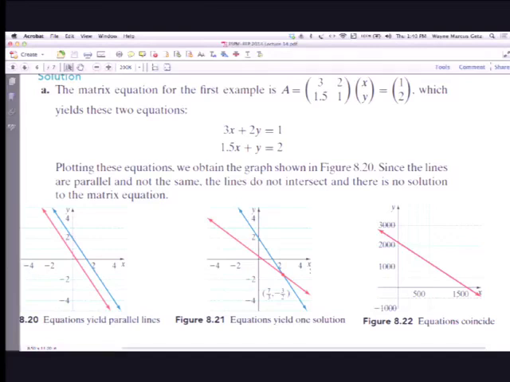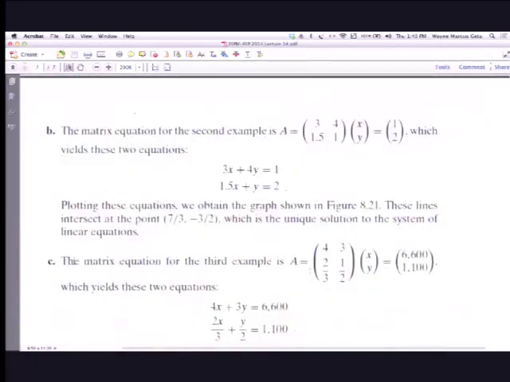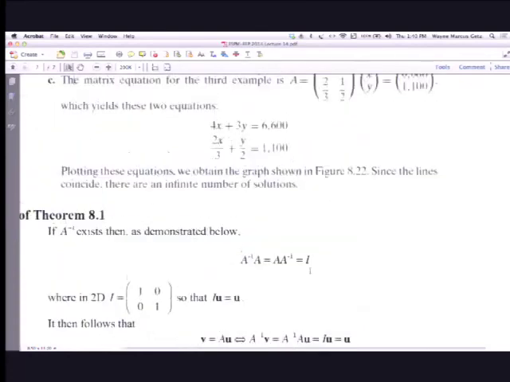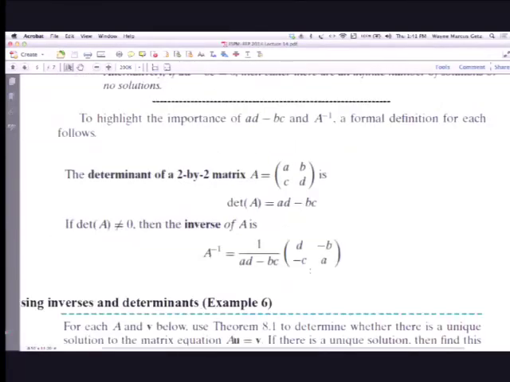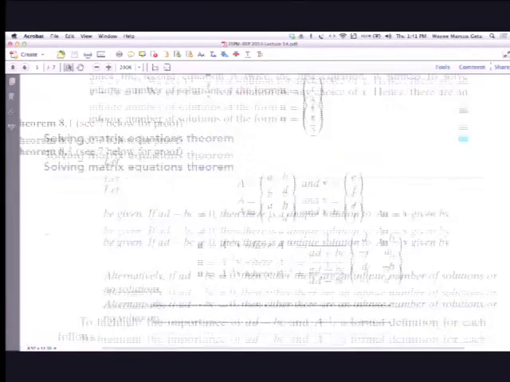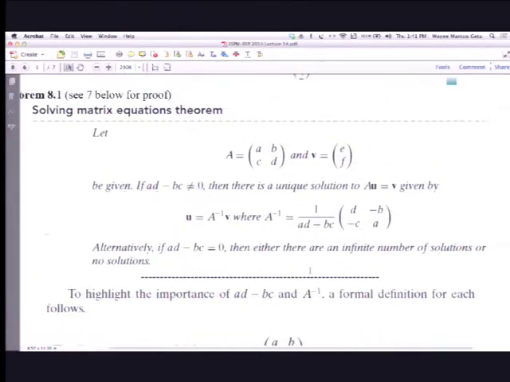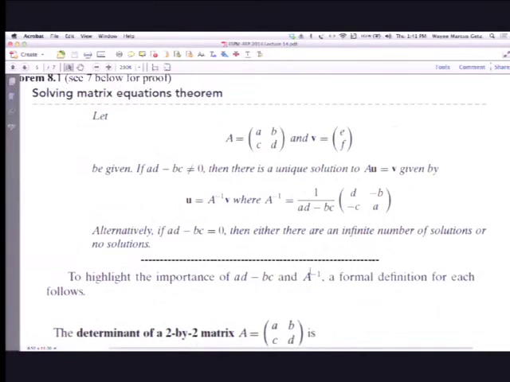So those are the cases, and you can work through this in detail to make sure you understand it. So I'm not going to do that. There is a theorem here, 8.1, which you can go through about solving matrix equations. And in order to give you an understanding, I'm going to do something with notation that will help you understand